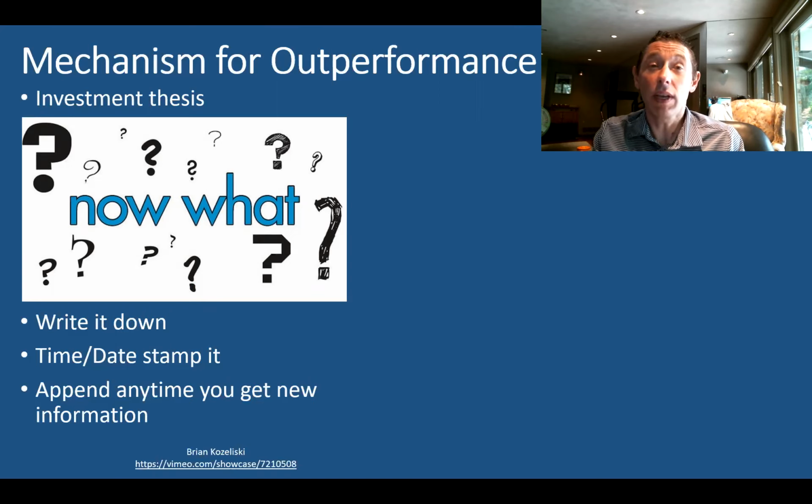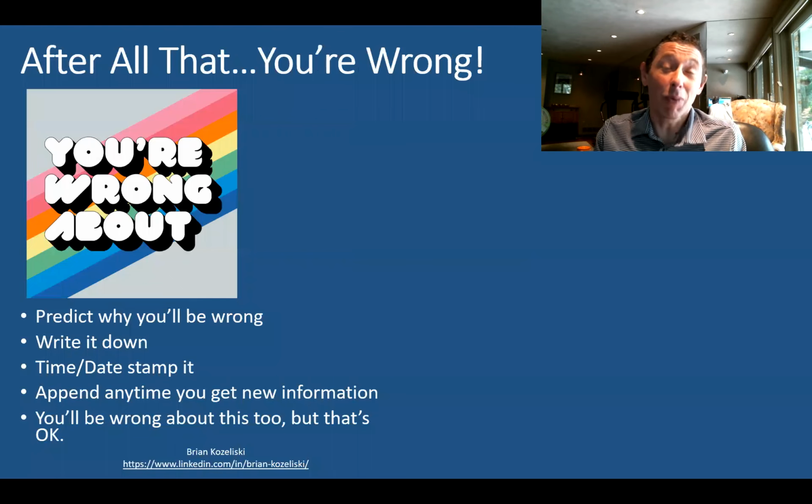Now, when you do this, here's what's going to happen. You're going to be wrong. Like you're not going to get it right. It's going to be extremely rare that what you write down is exactly how the investment plays out. You could be right in terms of it does end up outperforming, but your reasoning is rarely going to be exactly right. So what I also want you to do is say, I'm going to be wrong about what happens, whether I'm right or wrong about how the investment performs in terms of outperformance or underperformance.